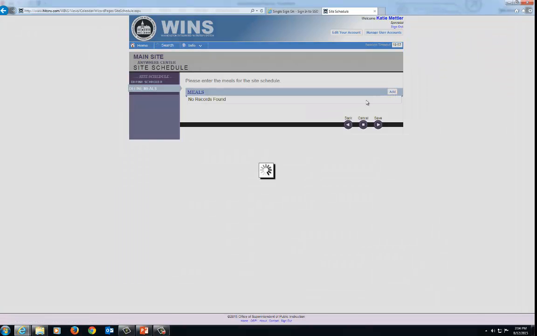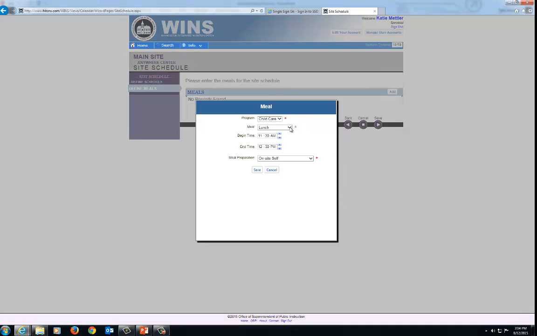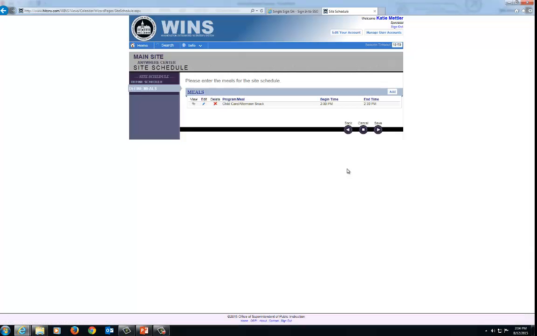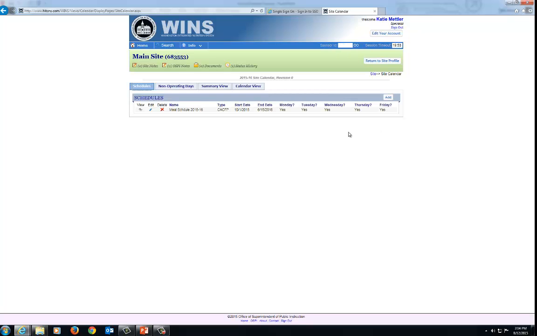And I'll click Add to add the meal that I claim. So in this situation, I'm just claiming afternoon snack. And we prepare it on site, so I'm going to click Save. And now we've completed the schedule and the meals, so we're going to click Save. Now we're going to add another schedule for those meals that are served in September before we go through this renewal process again. So I'm going to click Add,